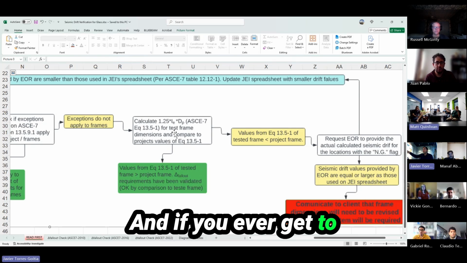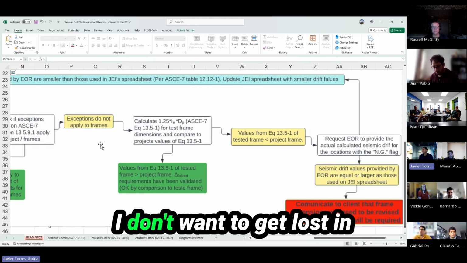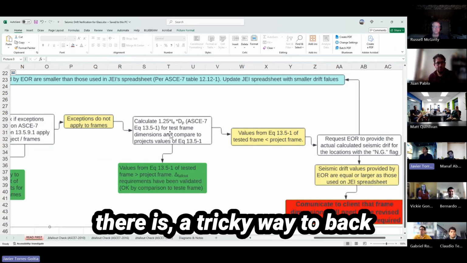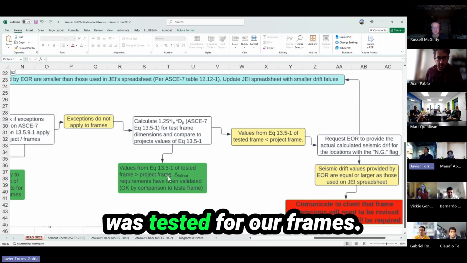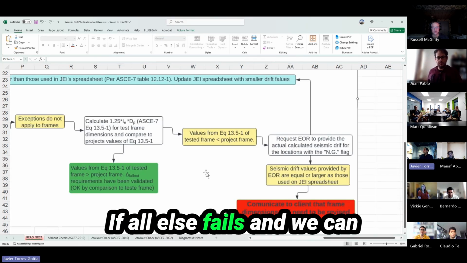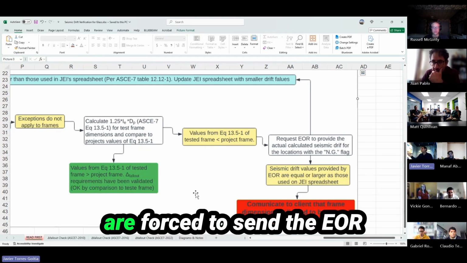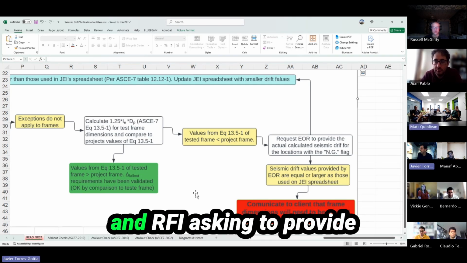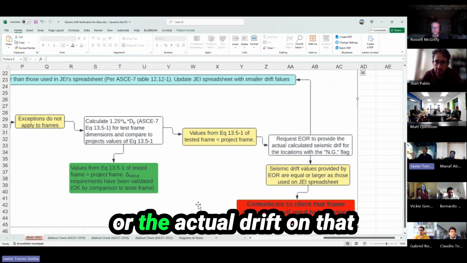And if you ever get to this point, please talk to me and I can walk you through the steps. I don't want to get lost in the weeds about this, but there is a trick way to back calculate the amount that was tested for our frames. If all else fails and we can't validate it and we don't fall within the exceptions, we are forced to send the EOR an RFI asking them to provide us the actual drift capacity or the actual drift on that location